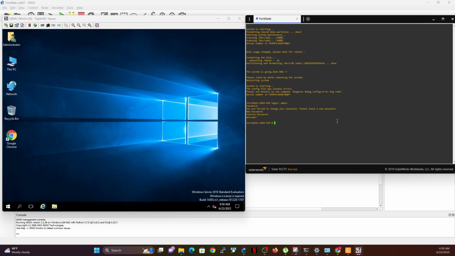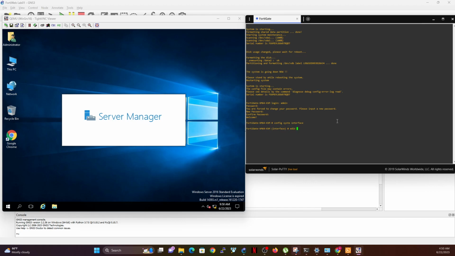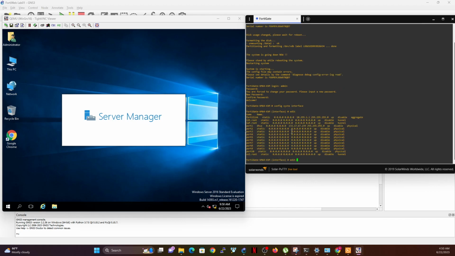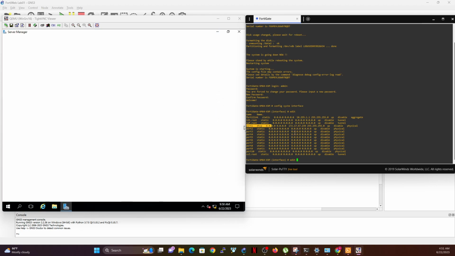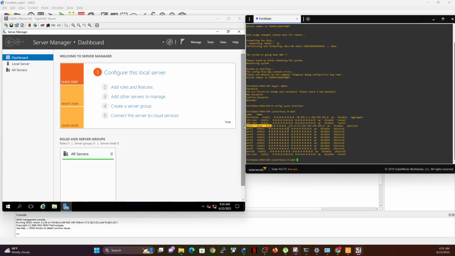Now, the first thing you do on your FortiGate is to verify the IP address on it. So what I do is I do config system interface, then I do edit with the question mark. That will tell me, okay, I can see that I got this IP address using DHCP on my port 1, and of course I connected port 1 and port 2, and my port 2 currently has no IP address.